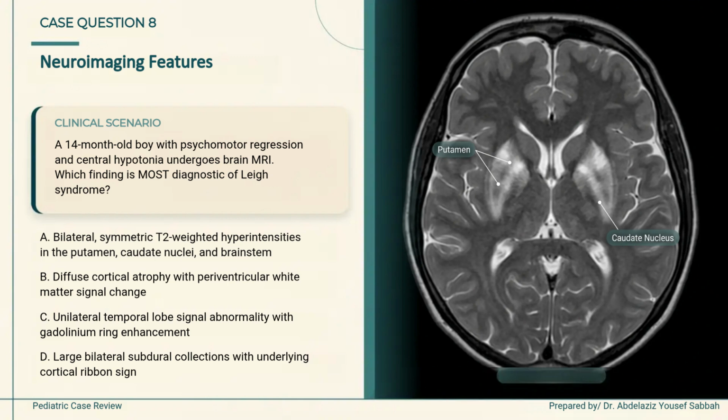Option B, diffuse cortical atrophy with periventricular white matter signal change. Option C, unilateral temporal lobe signal abnormality with gadolinium ring enhancement. Option D, large bilateral subdural collections with an underlying cortical ribbon sign. Recall the regions with the highest energy demand as you choose. The correct answer is option